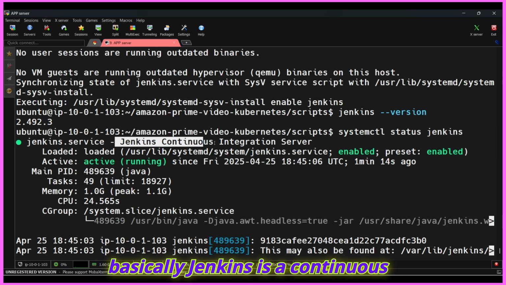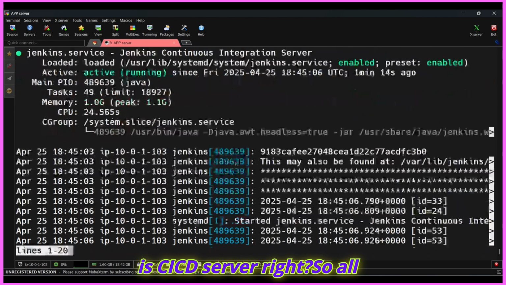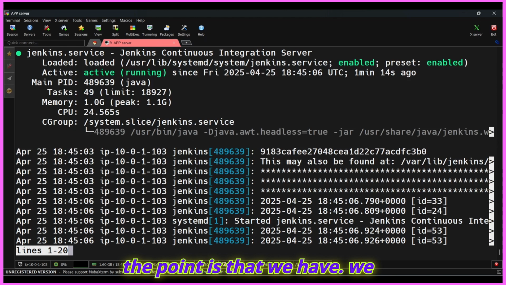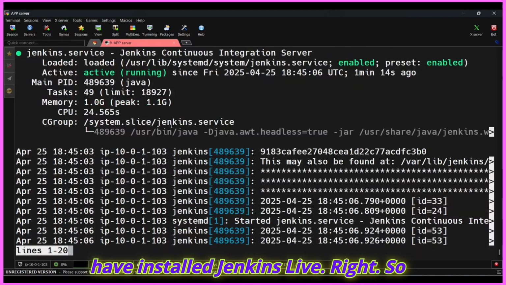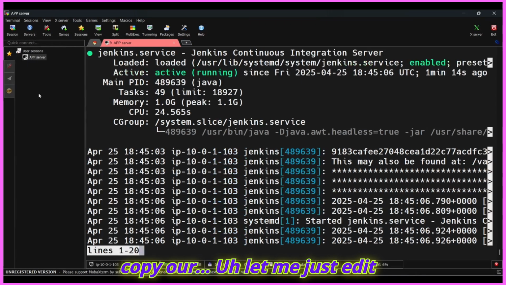Jenkins is a continuous integration server, as we know, a CI/CD server. All of this says that it is active and running. So now we have installed Jenkins, right? What we will do next is go and copy our